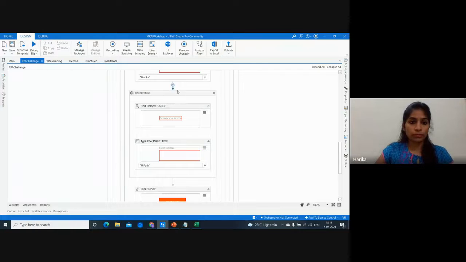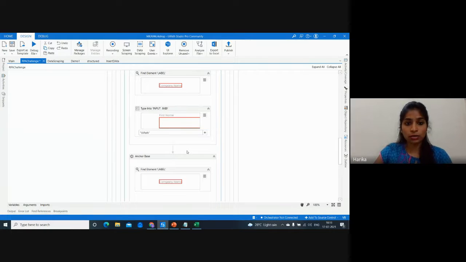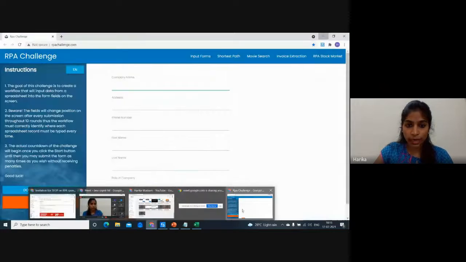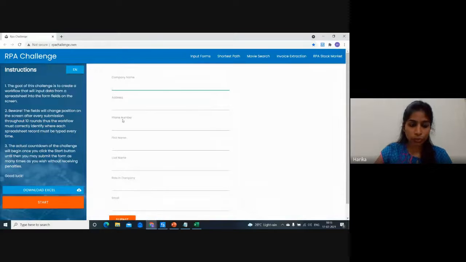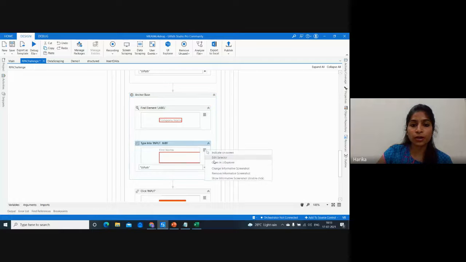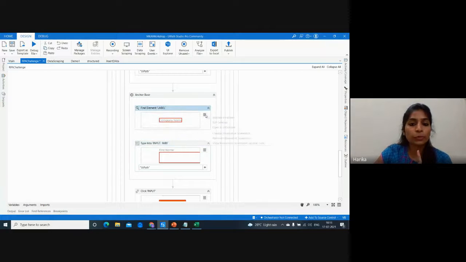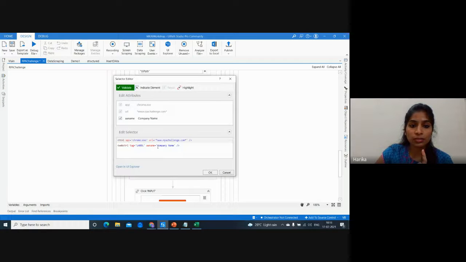So what I'm changing here is I'm copying this anchor base and I'm pasting over here. And now I'm going to provide the values for the other fields, which is phone number. For that I don't have to change the value here, right? This is input, this is constant. The only thing I'm going to change here is this anchor.